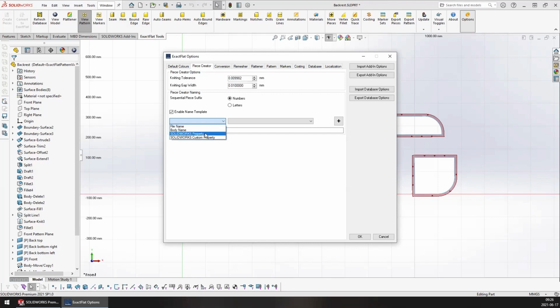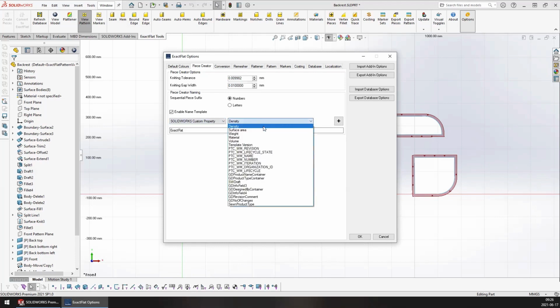Lastly, we have SolidWorks properties and SolidWorks custom properties. If your file has a property in it that you want included as part of your name, perhaps you've got custom properties set with work order numbers, then you can set it to SolidWorks custom property and adjust your sub value to select the property that you want. In the case of property, we've got keywords and authors, so we can include those as part of the file name. And for custom property, any custom property included as part of the